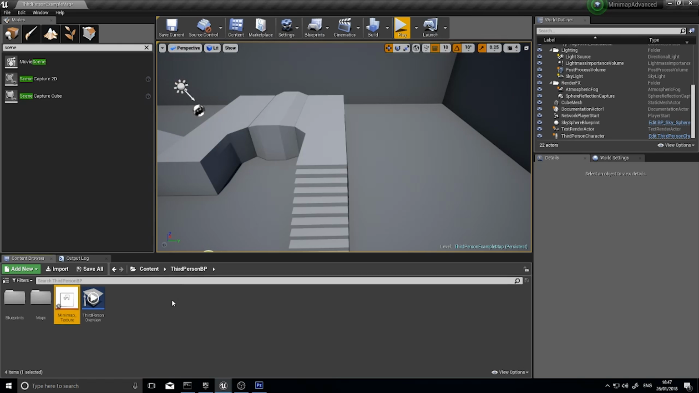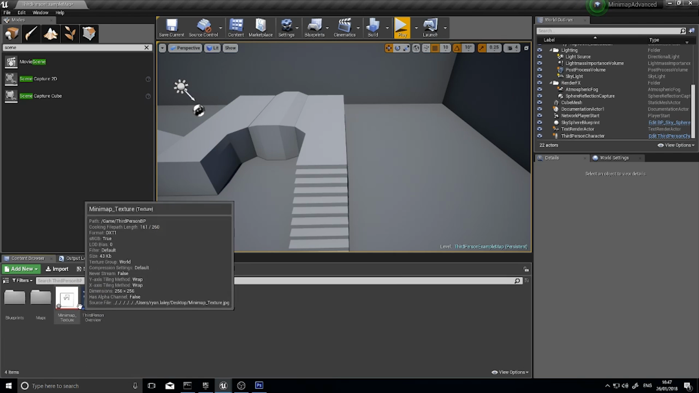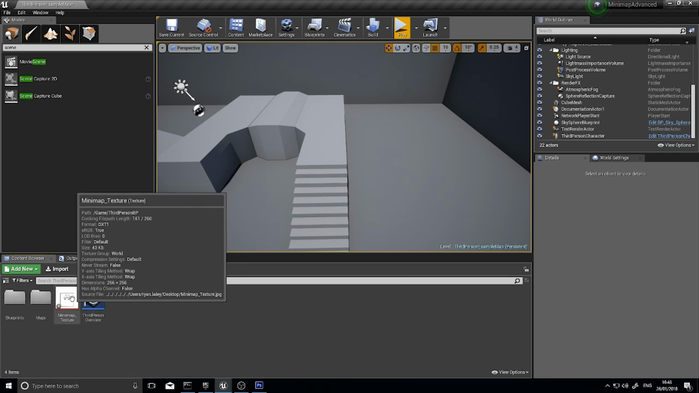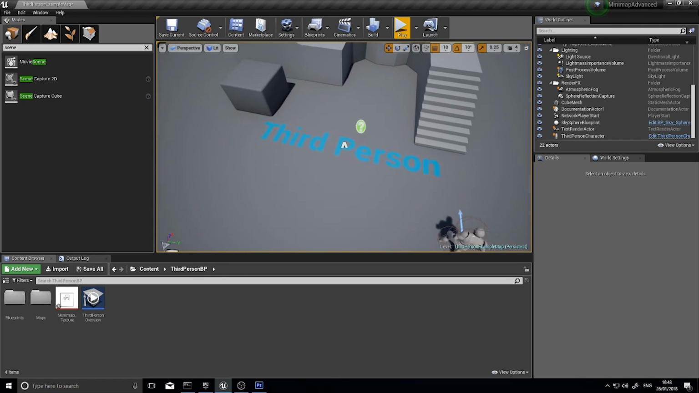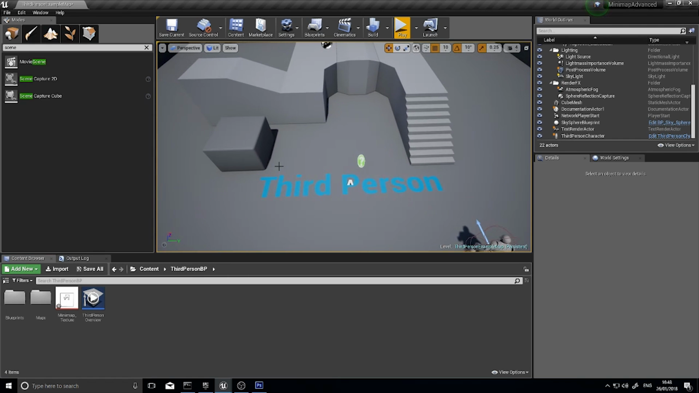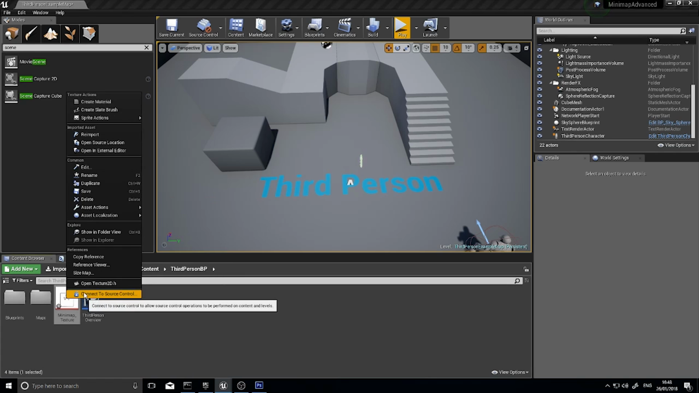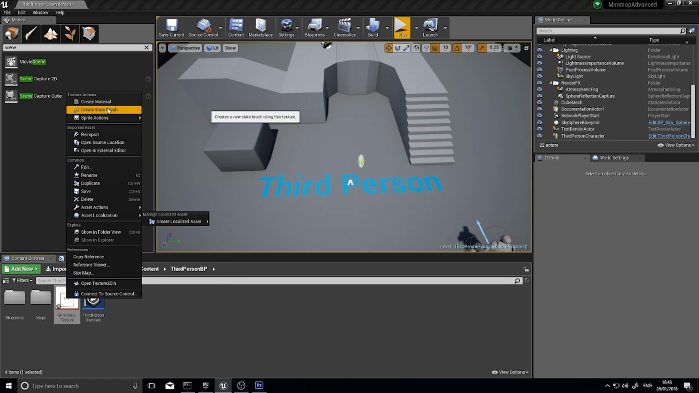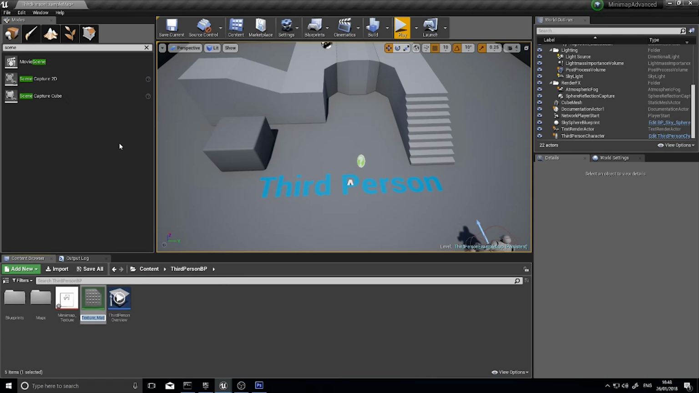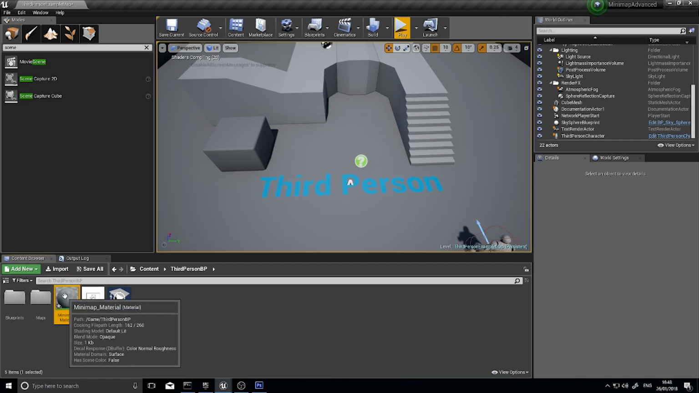So next step is we're going to create a material from our minimap texture, and the material is then going to be put onto a widget, which then can make it show on the viewport. So let's create a material. So right click on your minimap texture and click on create material, and minimap underscore material. Open it up,